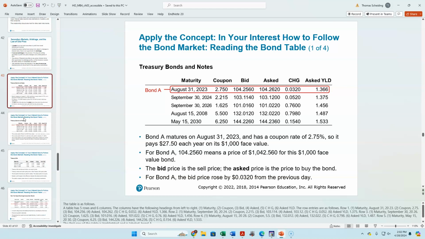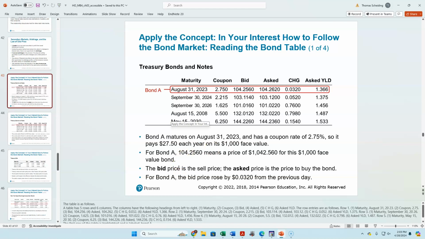Well, I guess it'd already be matured, but I think the slides were made in 2022, so it wouldn't have matured yet. It has a coupon of 2.75. So it's paying, as you can see here, $27.50 a year for every $1,000 of face value. And so if we wanted to price out that bond,